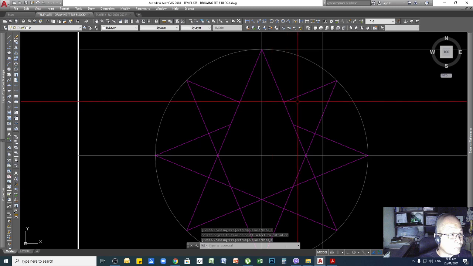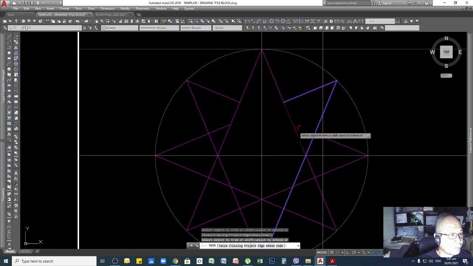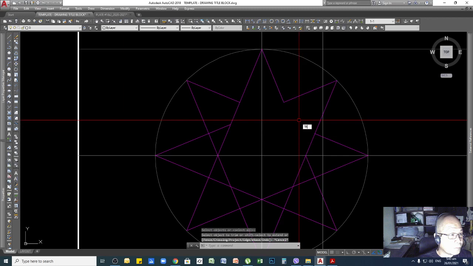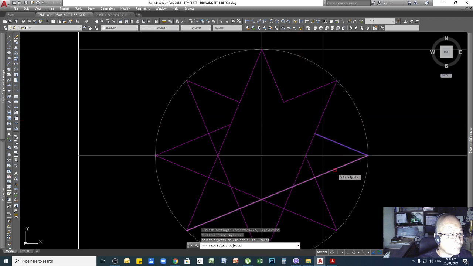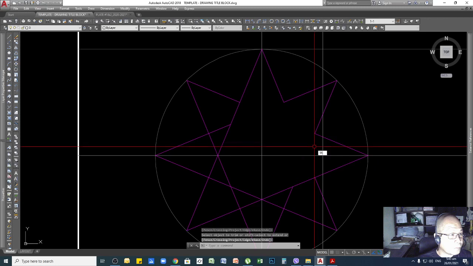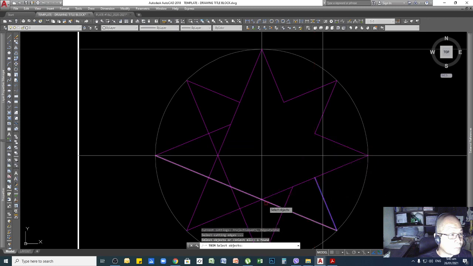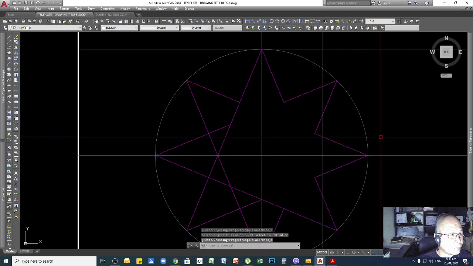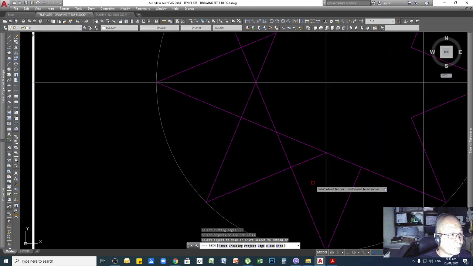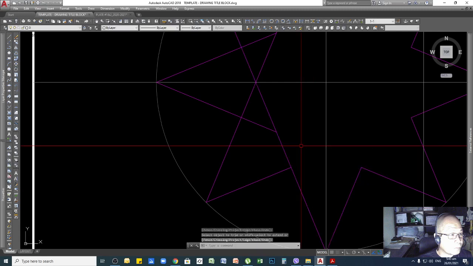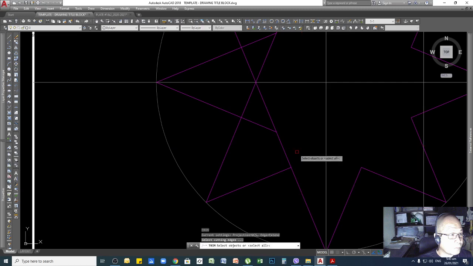Use the trim command, click this one and click this one, remove this, and then again use the command trim, click this one, enter, remove this, the same, trim, click, and repeat, trim, click, enter, trim, and again trim,